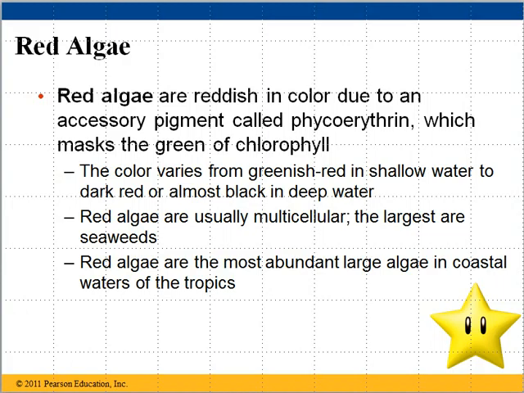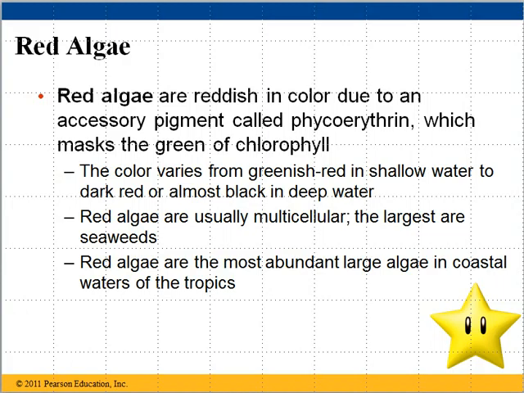Red algae, of course, get their name from their coloration from various pigments. They do contain chlorophyll, but a lot of times you don't really see much of that. It gets masked or covered up by accessory pigments, such as phycoerythrin, which is the reddish pigment that gives it its color. The color will vary depending on where the red algae lives. If it lives in more shallow waters of the ocean, the color of the red algae will be kind of a greenish red, and then as you go into deeper and deeper water, it turns to a darker red and almost to a black color in the very deep waters.